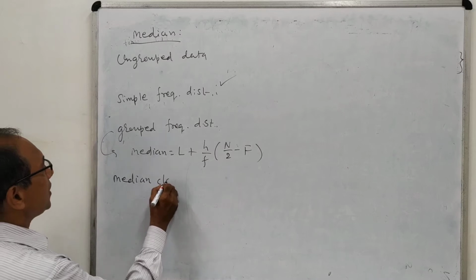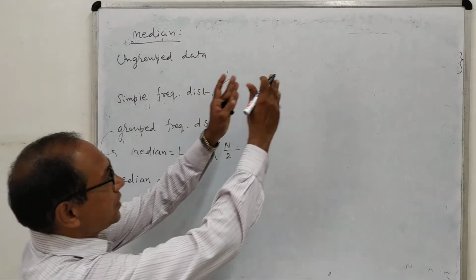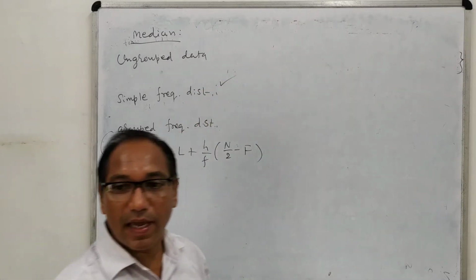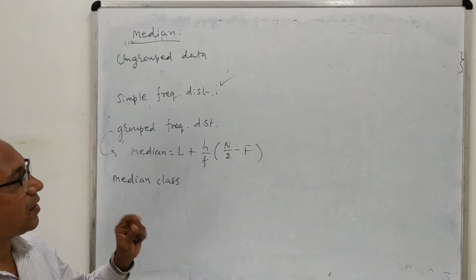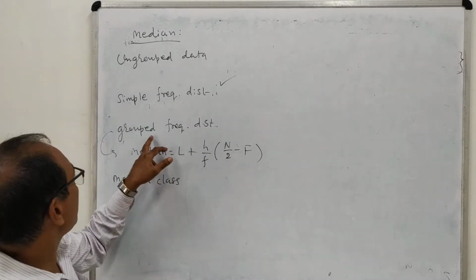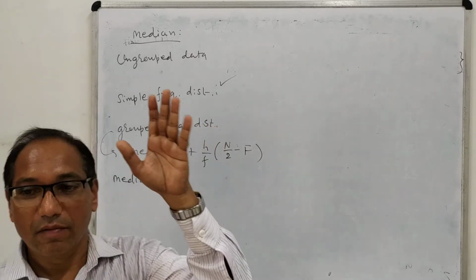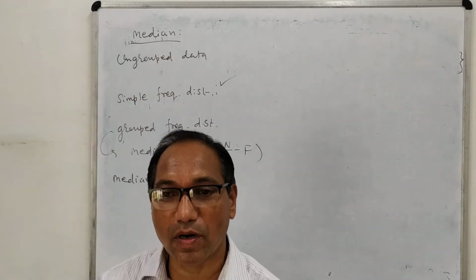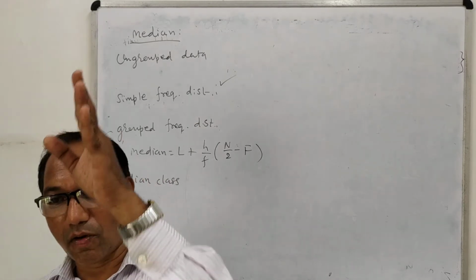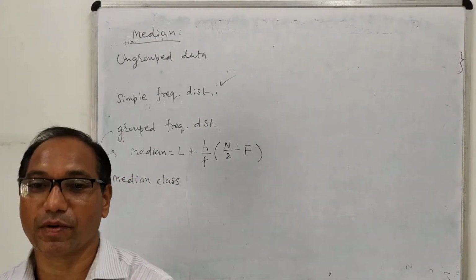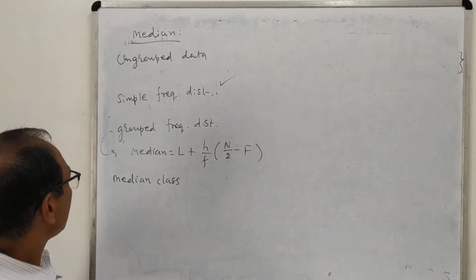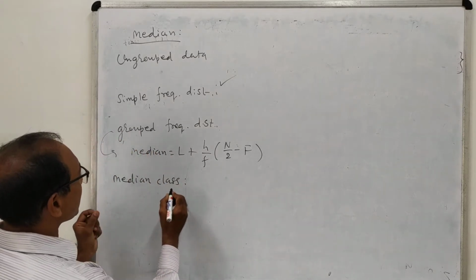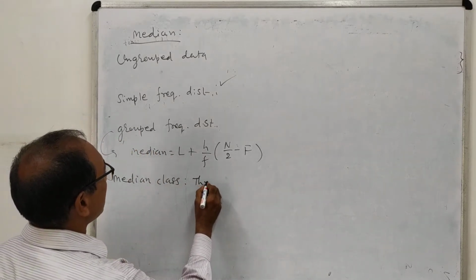Median class means, if we are given the classes in the range of X, then we will have to find a particular class, and for that we will do the same thing as in the simple frequency distribution. That means we will write down in the first column all the classes, in the second column all the frequencies, and in the third column we will find the cumulative frequencies, that means capital F. So median class means the class